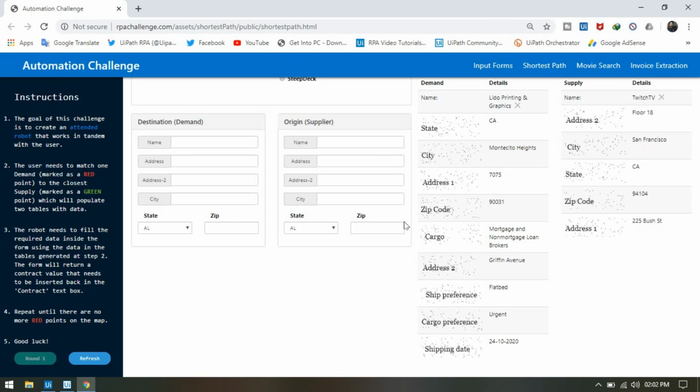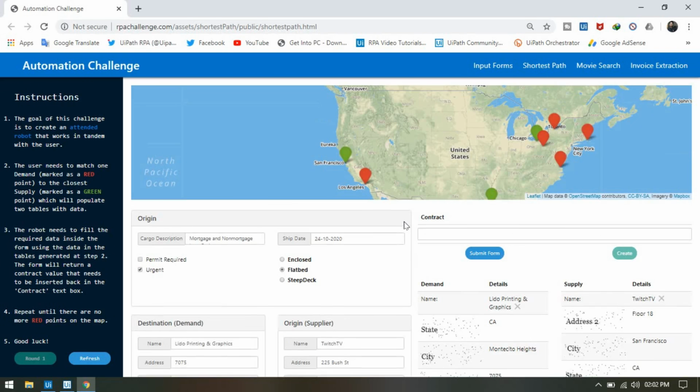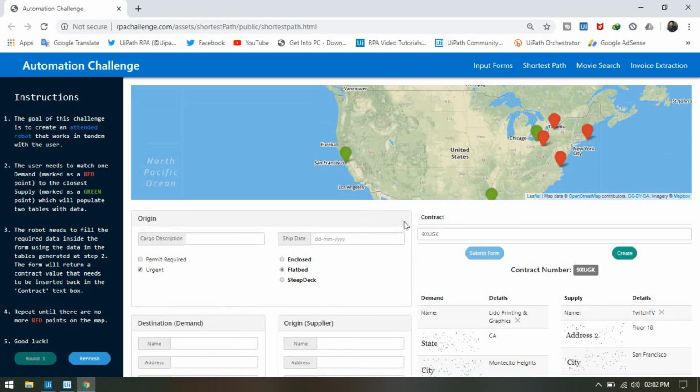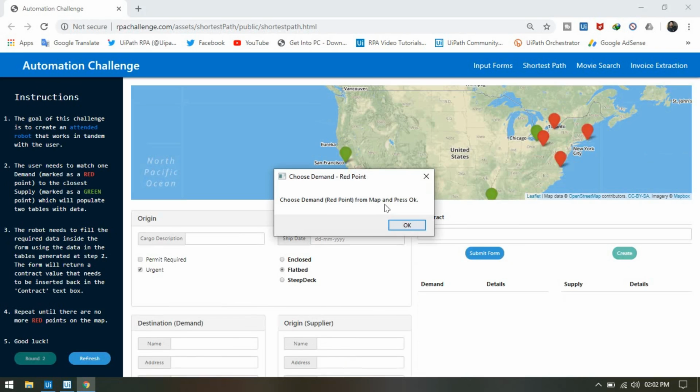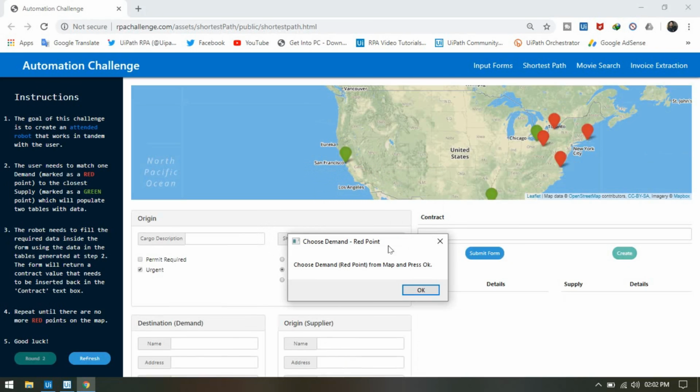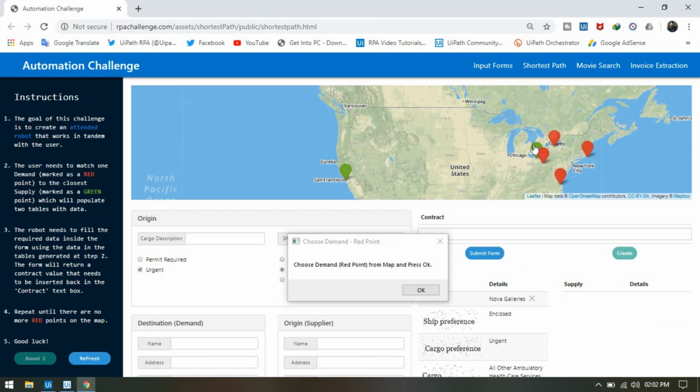The main challenge here, on the left side you can see we have the demand labels, that is name, state, city, address 1, zip code, cargo, address 2. So these are the labels, and these are the scanned images. We need to capture those images using OCR.